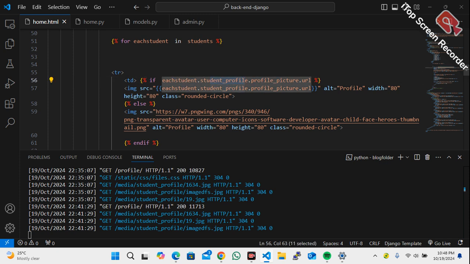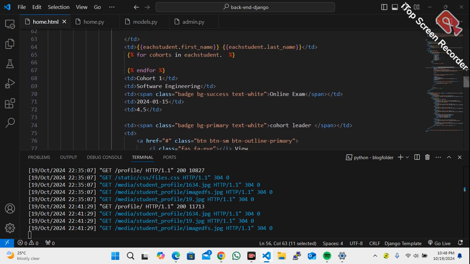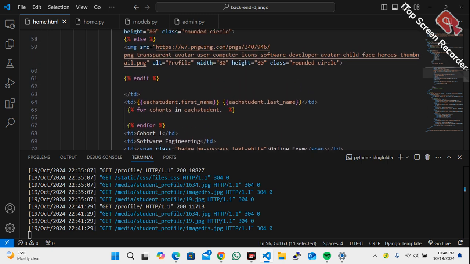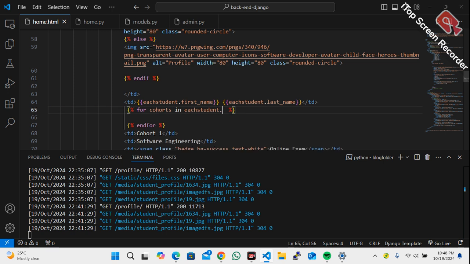Don't put it in big caps, let it be in lower case. Where we say dot cohort. Here I can bring this down to C, then bring it down to G. Then we're going to call that set, underscore set